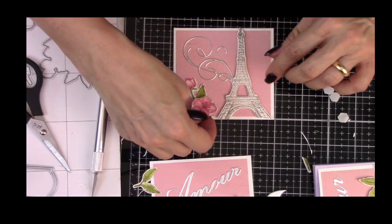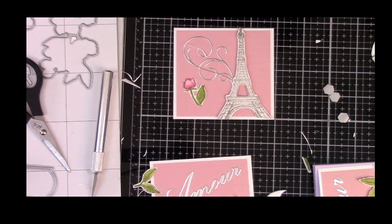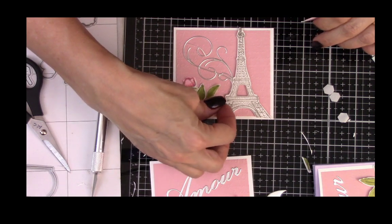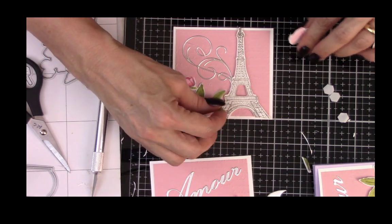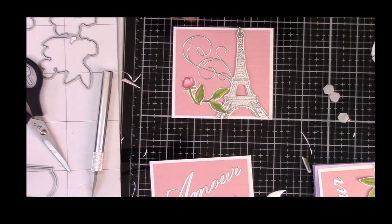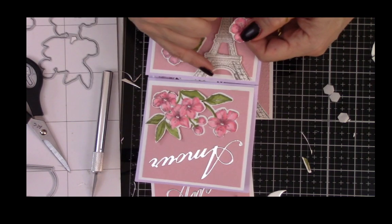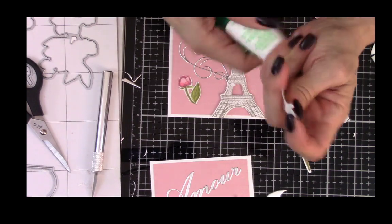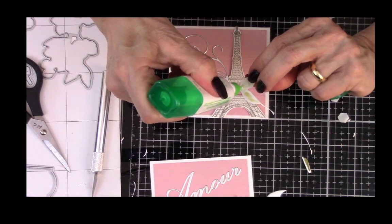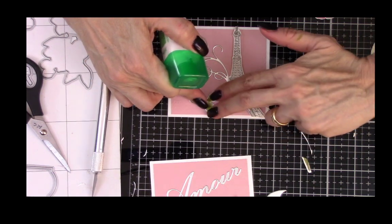And then I'm going to stick this flower right here up on a dimensional, and where's my leaf? And I can poke this leaf, and this leaf kind of pokes over this. Let me show you. I think that looks fine the way that leaf kind of pokes over that. So I'm gonna leave it like that. So I'm gonna go ahead and just put a little bit of glue, and I'm just gonna let that kind of